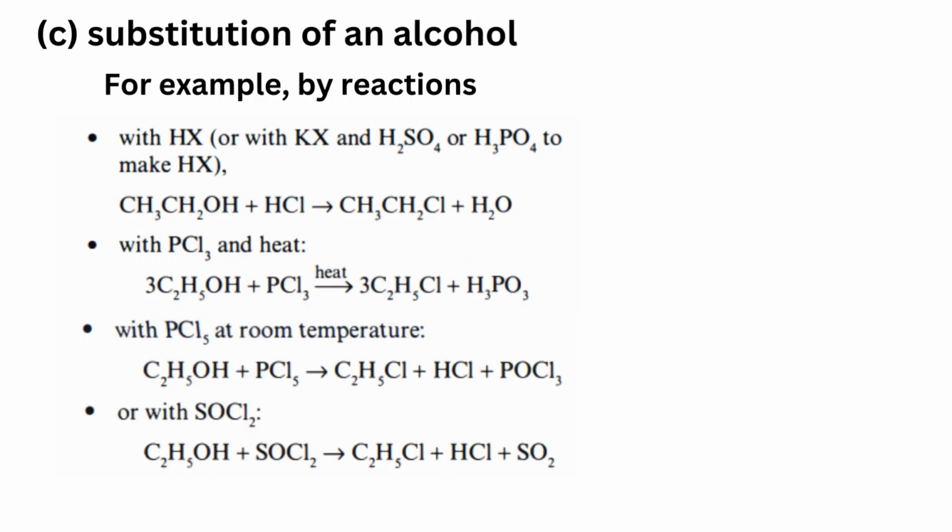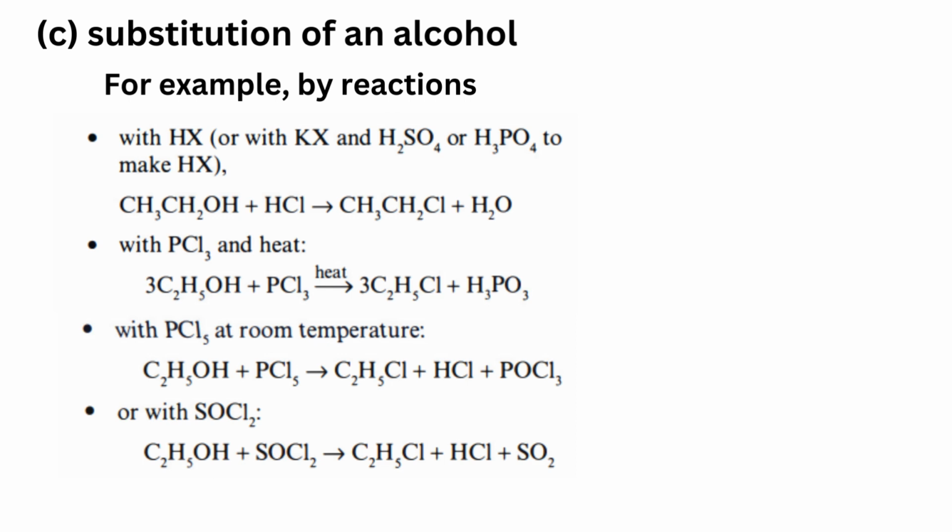Third reaction is substitution of an alcohol. For example, the reaction with HX, or with KX and H2SO4 or H3PO4 to make HX. CH3CH2OH and HCl give CH3CH2Cl and H2O. With PCl3 and heat,